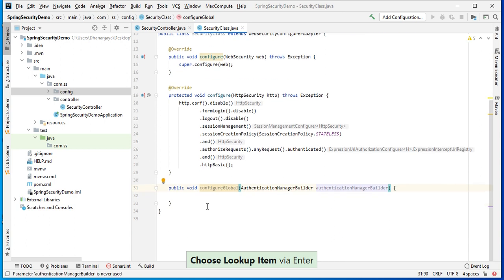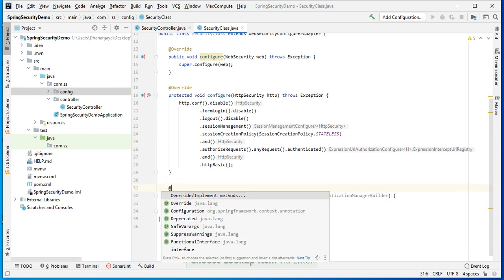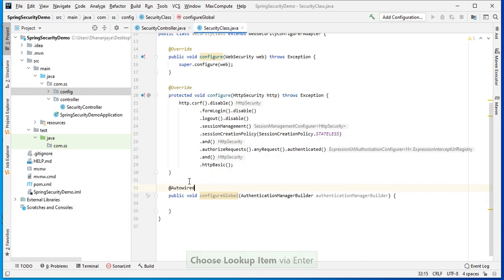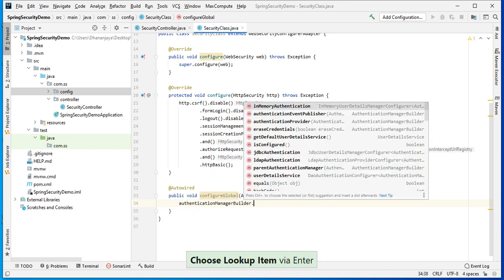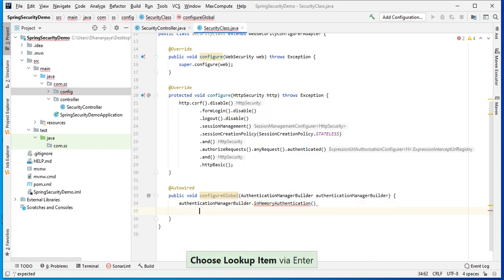We need to autowire this, so that Spring will autowire this AuthenticationManagerBuilder here. Then we need to write authentication manager builder dot inMemoryAuthentication. We will store in-memory authentication.